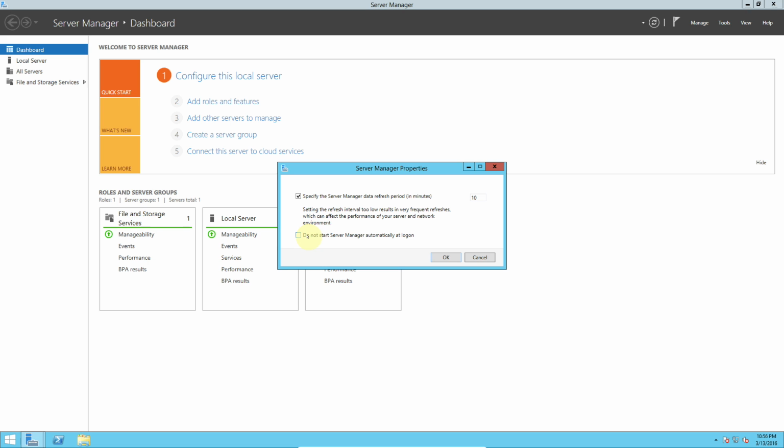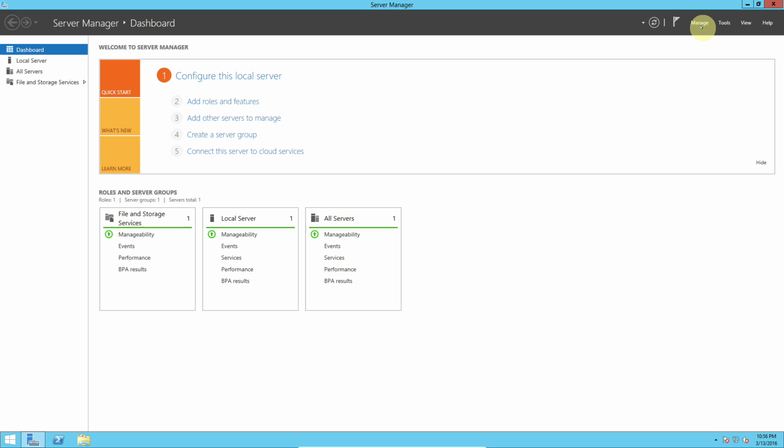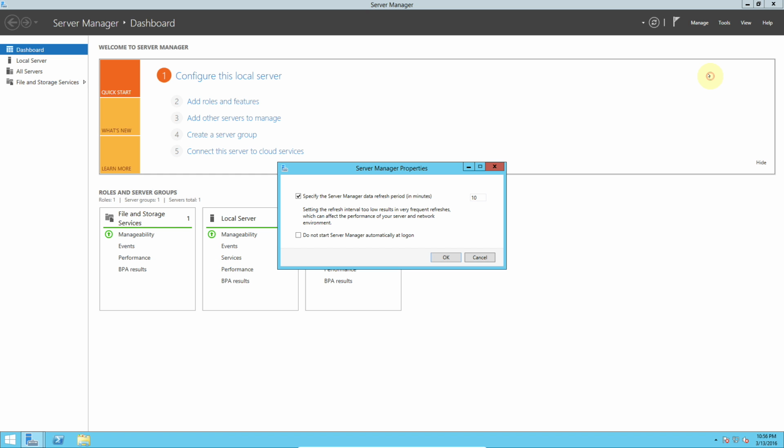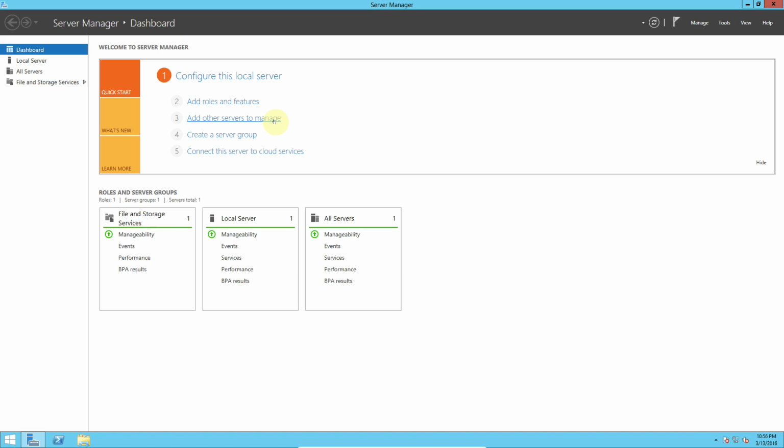Yeah, so you're going to want to check. What you do is go up here to Manage, and then Manage Server Properties. It says Do Not Start Server Manager automatically at login. So now this thing doesn't come up every time you're trying to log in, because some of the administrators out